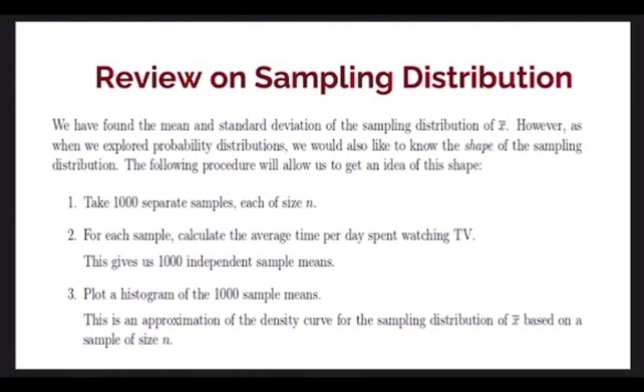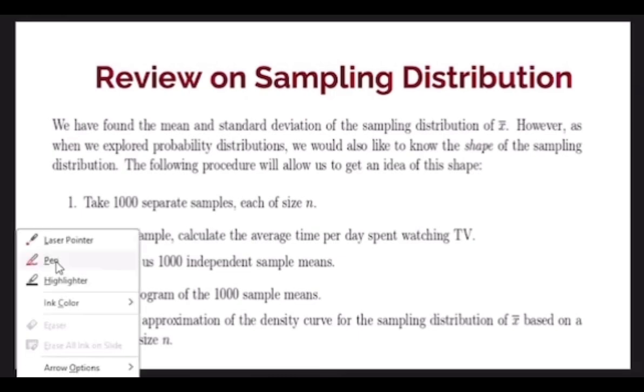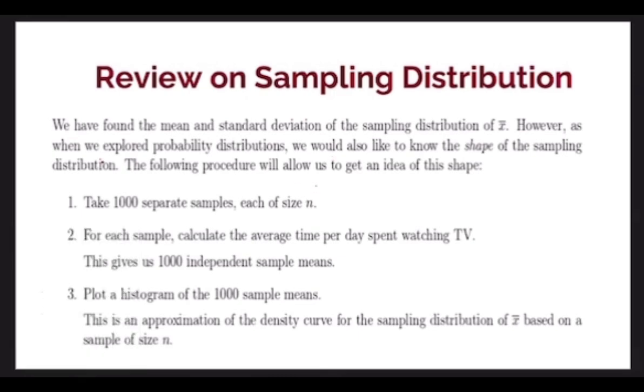Now, if I take 1,000 separate samples, each of size n, what do I mean here? I need you to pay attention for you to be able to see what I mean. If 1,000 researchers or 1,000 investigators should go into a population and choose the same sample size, of course, they're actually going to have 1,000 different means. And after having that,